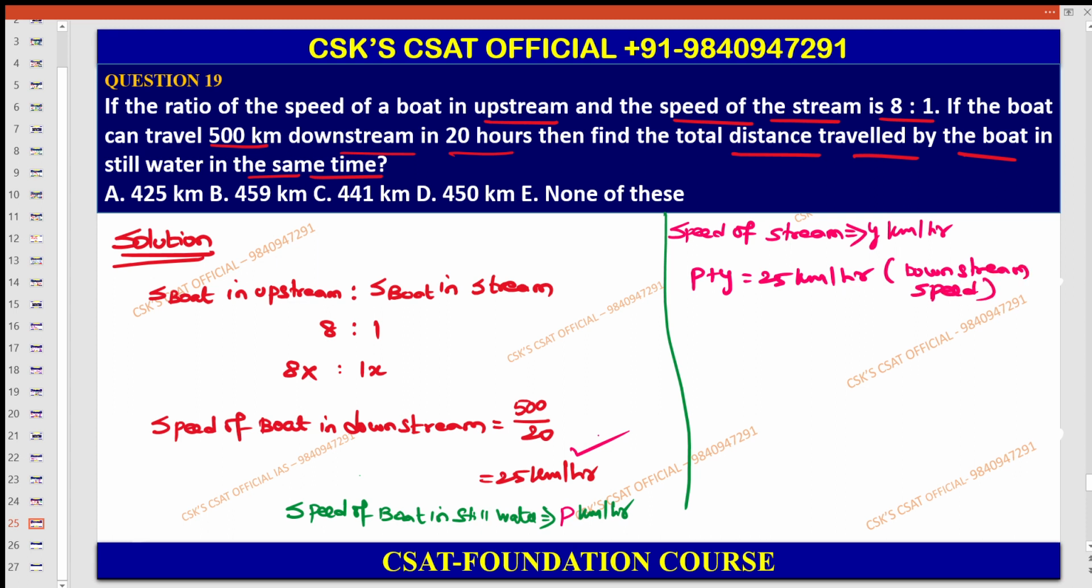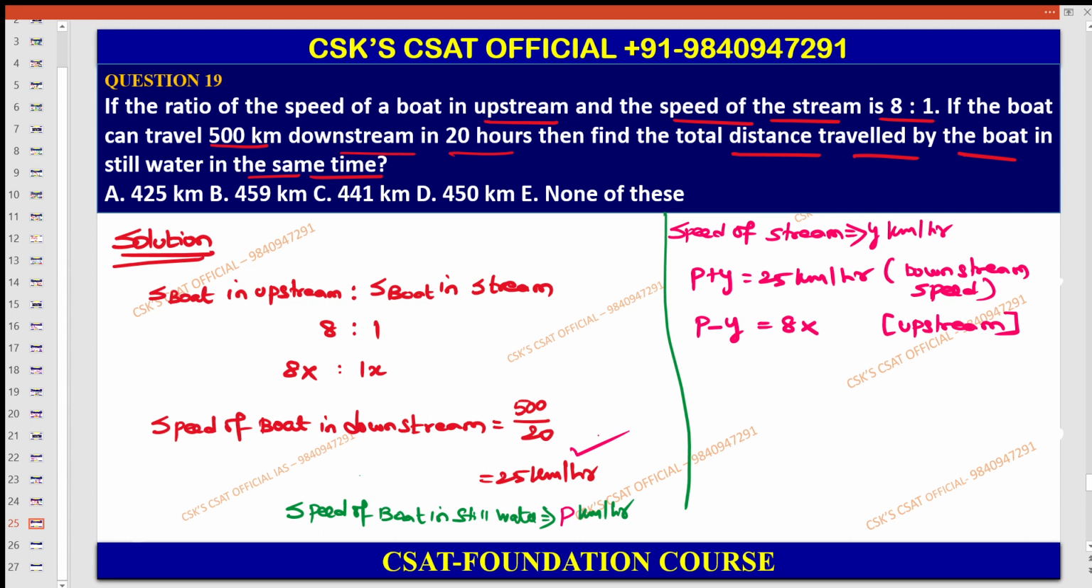Now you can take the upstream speed. You have to subtract, so p minus y. So what is the ratio here? 8x here. So you can take your 8x. After taking it as 8x,